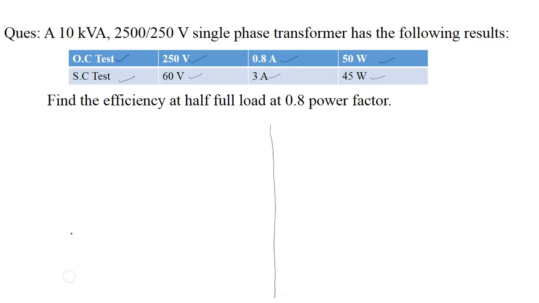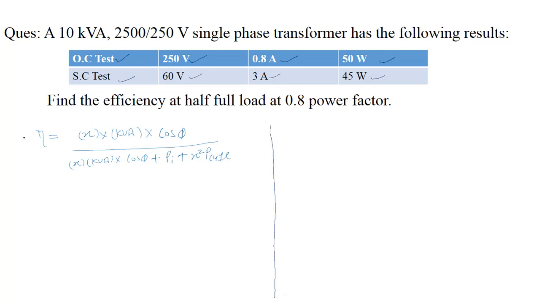I imagine that all of you are familiar with the efficiency formula: eta is nothing but load factor x into kVA into cos phi, power factor, divided by x kVA into cos phi plus P iron, that is constant losses or core losses, plus x square P CuFl.